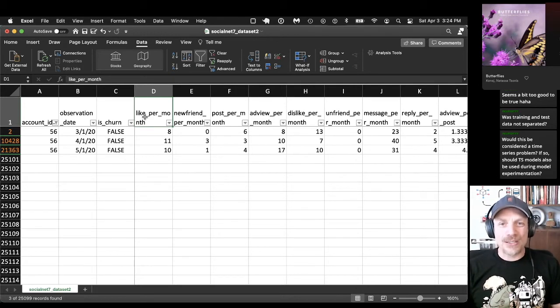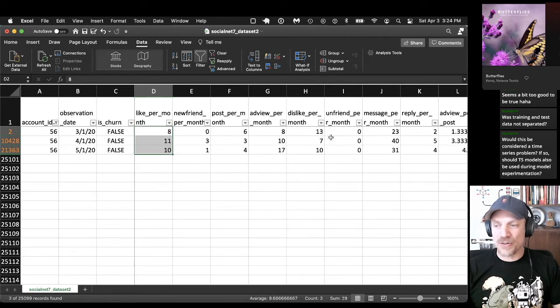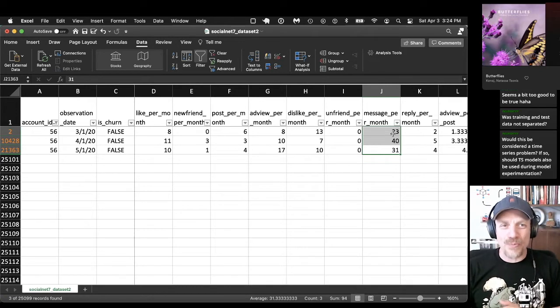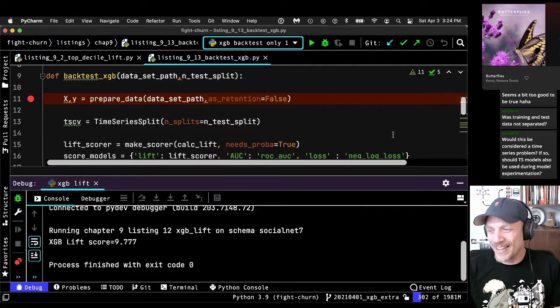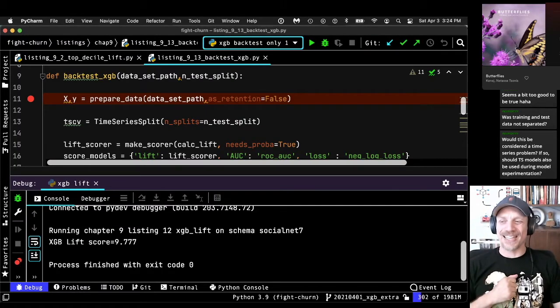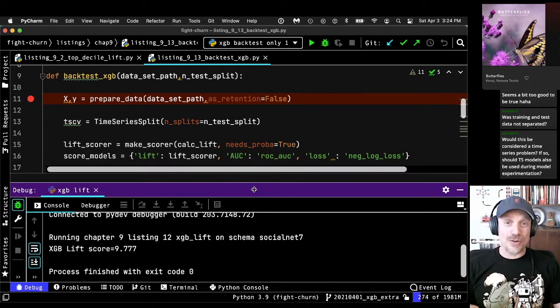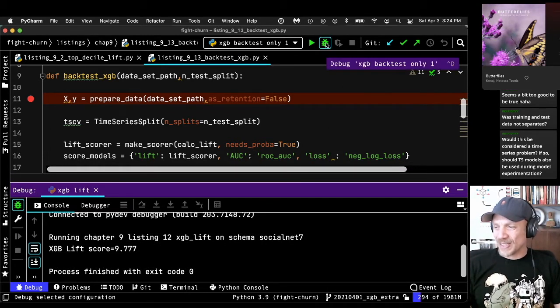And also, generally, past observations of different metrics are very correlated with each other. Here I'm observing each metric at these month-apart intervals, and as you can see, these different values for one customer tend to be correlated with the past values. So all of these are reasons why I don't really use formal time series models. I think I went too much into the weeds on that. Let's go back to talking about backtesting. But you could do more formal time series modeling. So let's look at the backtesting and see how we do it.